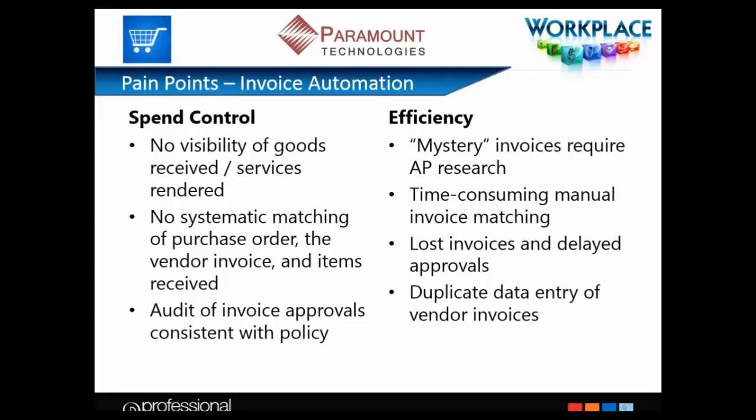So you're making sure that what you are getting and what you are paying was on a previous purchase order and has been properly received. You've got approval processes with the invoice matching as well to make sure that they're able to be seen by the appropriate people before that final transaction can be entered in your back office system and then be able to